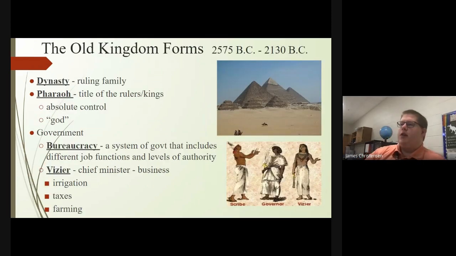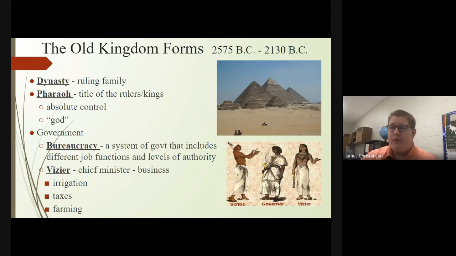Okay, the Old Kingdom. So we're talking roughly 2575 BC to about 2130 BC. So we're covering about 400 years with this. It's where we get a lot of things like dynasties or the ruling families, the pharaohs or the title of the rulers and kings. They had absolute control over ancient Egypt, and they were basically viewed as a god on